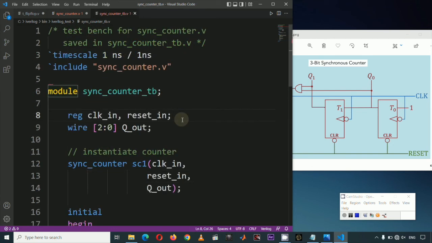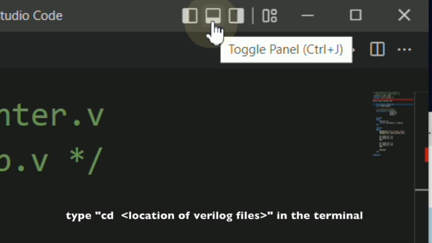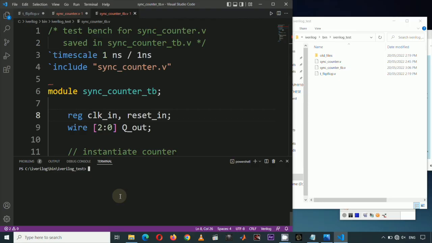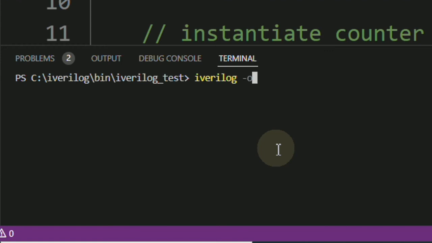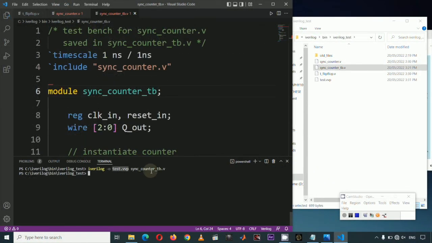To compile our test bench, click this toggle panel. Go to the directory where your files are located. Let's compile the test bench by typing iverilog space -o to signify output, then the name of the compiled file. So for conciseness, let's just name it as test.vvp, and then the source file to be compiled, which is sync underscore counter underscore testbench.v. So hit enter. This must generate a